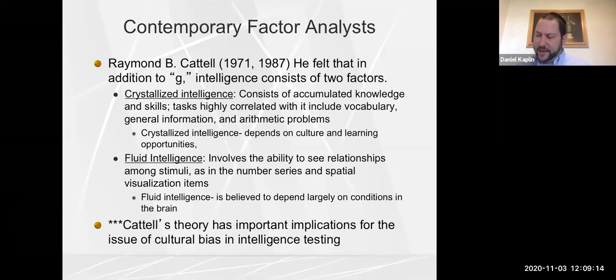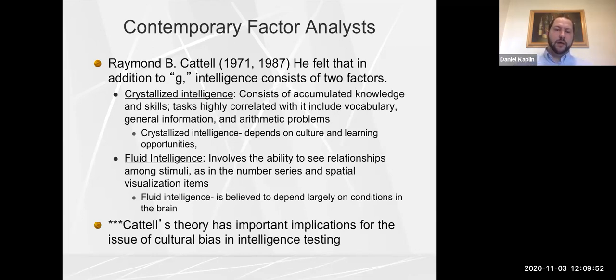And the second construct is what we call fluid intelligence. Now, fluid intelligence is more in flux, and it's more the ability to show mental rotations, or the ability to understand abstract concepts, logic, spatial reasoning, things of that nature. Now, it's interesting that mathematical abilities are linked to fluid intelligence, whereas verbal abilities are linked to crystallized intelligence.